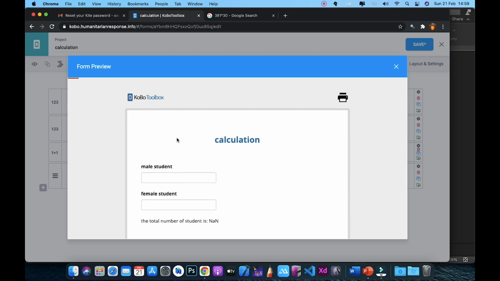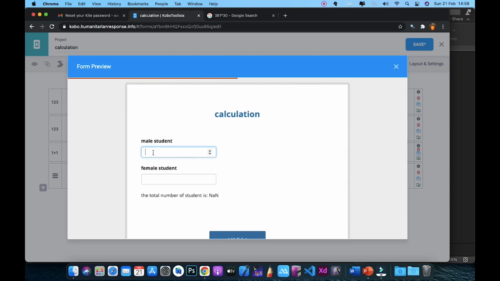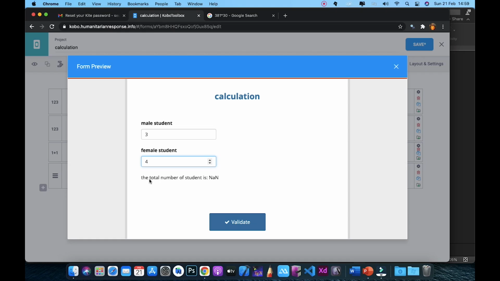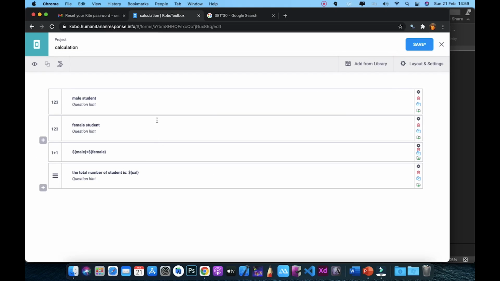So our form is working perfectly. I will add 3 male students, 4 female students. Here I have the total number of students is none because I didn't click on enter. When I click on the enter button to go to the next question, it is going to add the male students and the female students, which gives 7. If you change the value, it's going to change, 11. So that is how to add a simple